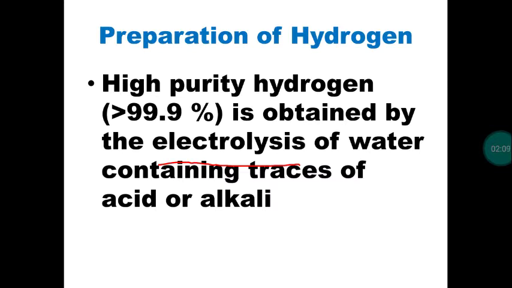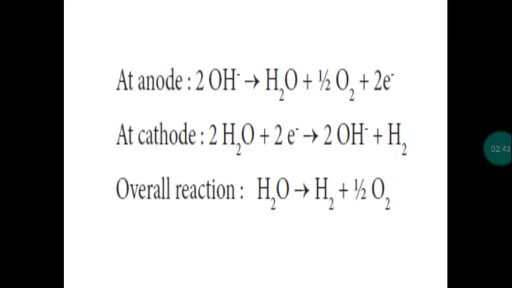Now we are going to take water as a solution. Now the water is not 100% pure. A small quantity of acid or base is present in the water. So take water as an electrolytic solution. Now we are going to pass electricity from an external source. So in the cell we have water along with a small quantity of acid or base as an electrolytic solution. When electricity is passed into the cell from the external source, what happens? There will be a redox reaction, right? So within the cell, a reaction will take place.